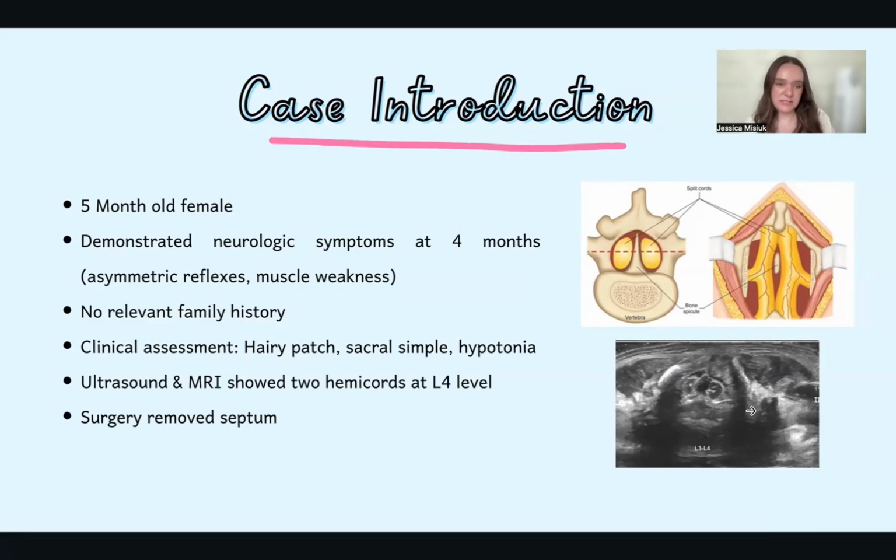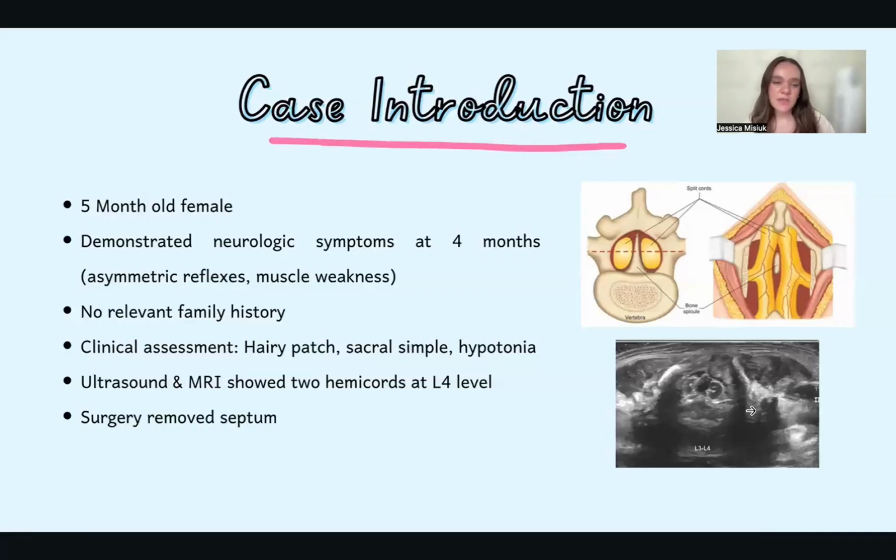So they brought in the 5-month-old, and the physician did a clinical assessment and found an abnormal hairy patch, a sacral dimple, and hypotonia, which is muscle weakness, mostly seen in the legs. Now, there was no relevant patient history that may indicate this abnormality, but the clinician decided to order an